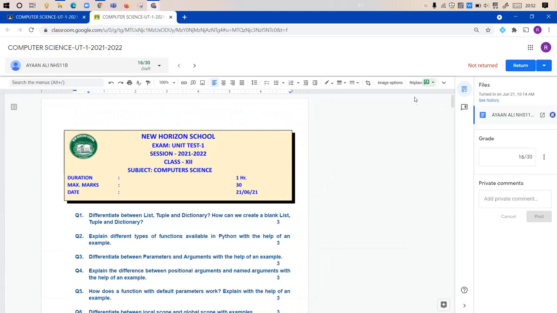To apply the second method, first of all, you go to this area available on the top right corner in the Google document. These are different modes in which the document opens up. By default, when you open the document of the child, it will open up in suggesting mode. What you have to do, you have to change it. Click on this pull down arrow and change it to editing mode, so that you can edit in this document.